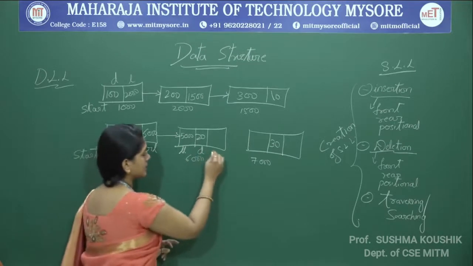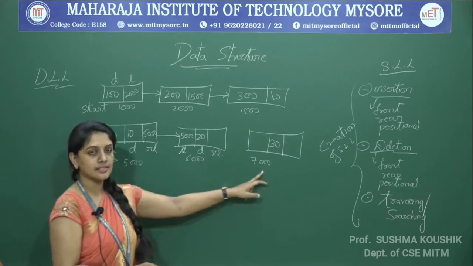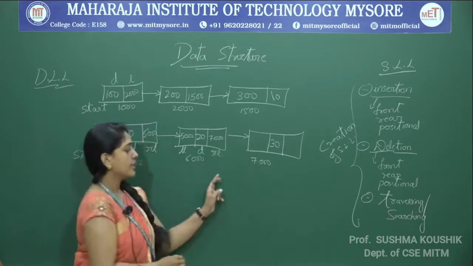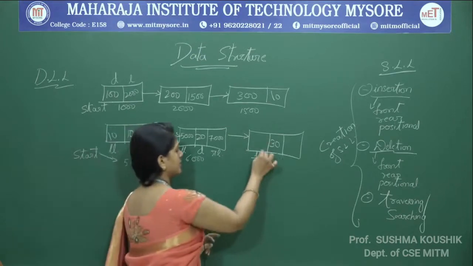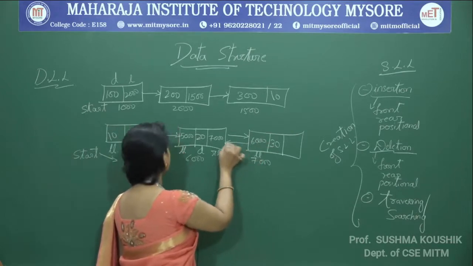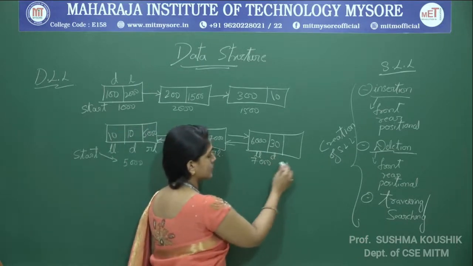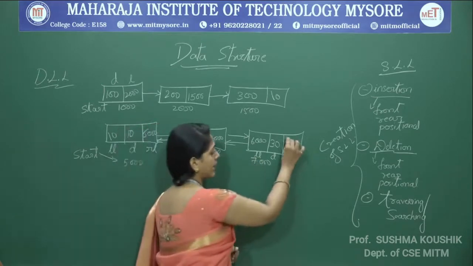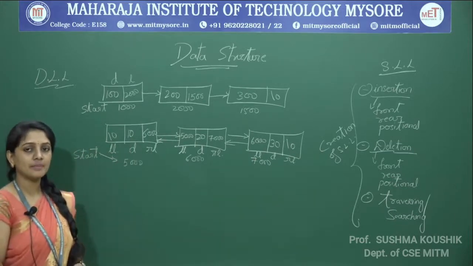Similarly, this is the data part and the RL. The right link of the second node will have the next node address, and that is 7000. So one link is established. Now the other link: the third node's left link will have the previous node address, and that is 6000. So now the second link is established. And similarly, the last node's RL, since there is no more node next to it, will have null in it. This is the pictorial representation of doubly linked list.